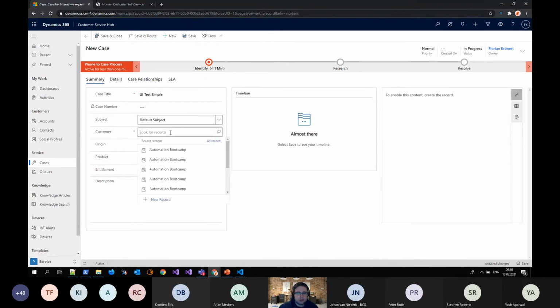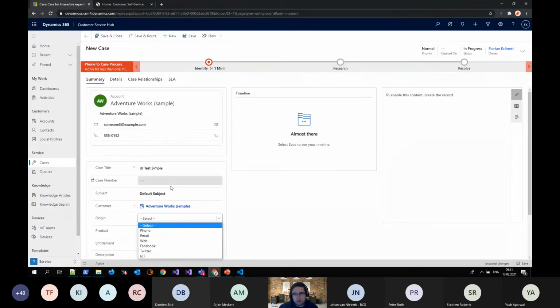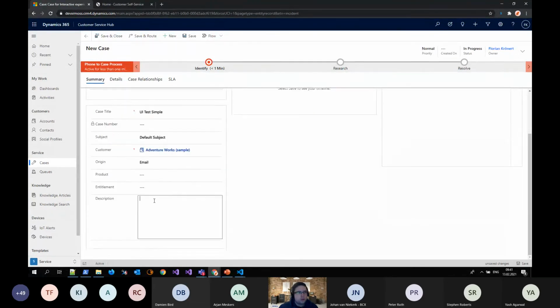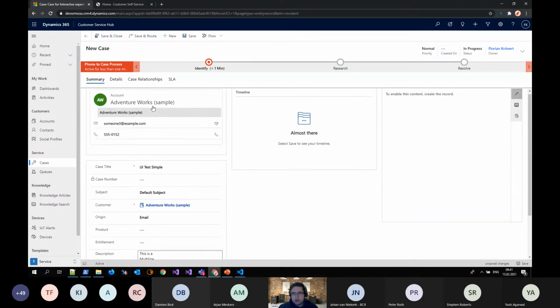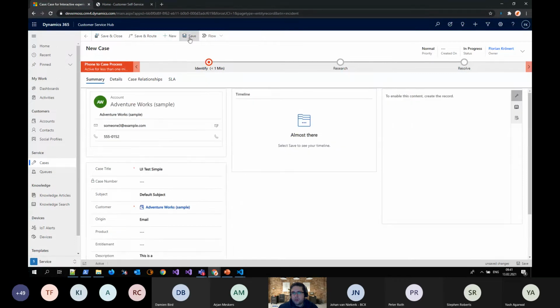select the subject, an origin. We can handle multi-line fields as well. So let's see, maybe in the second tab something as well. For example, we can select the case type, and yeah, that should really suffice now. And when we save now,